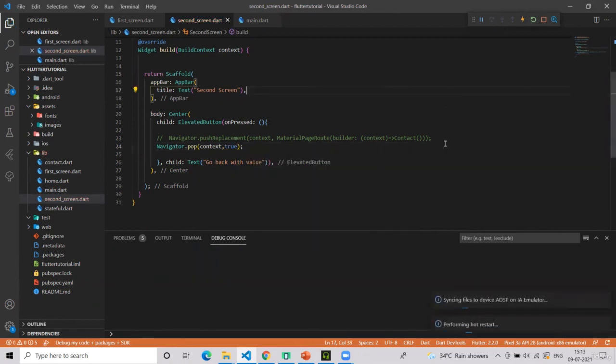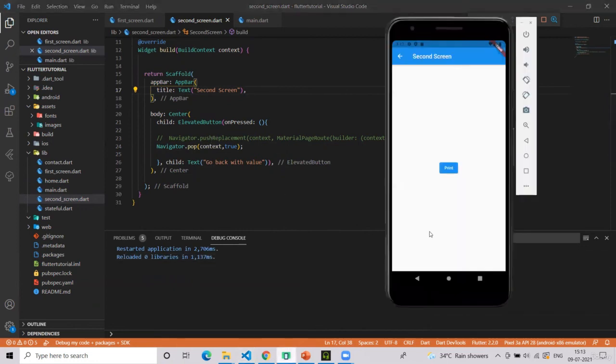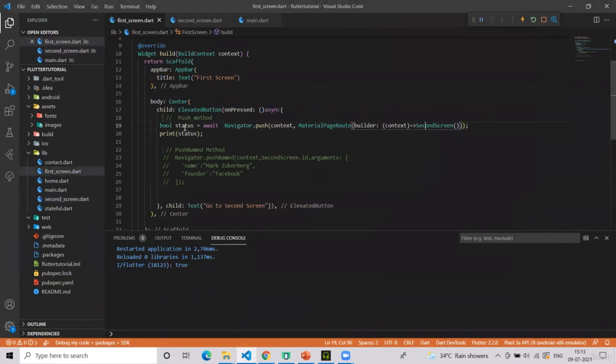It's so simple that while popping out the screen, we have to send this true value. Now, when I go to the second screen and when I click on go back with value, see true. So this is printed from the first screen, because with this await, it was waiting till we come back from the second screen to this screen, and after that only this code was executed.